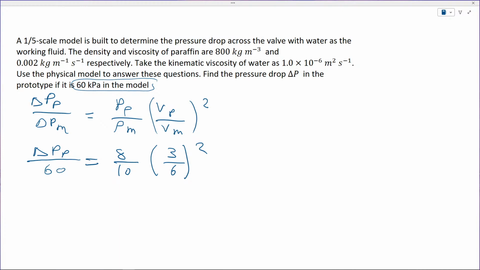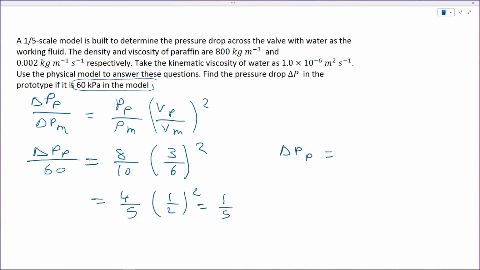So if we did this, it's 4/5, and here it's 1/2 squared. Basically this guy will go with this guy, so we will get 1/5. You will get 1/5. And then we will have dP equal to